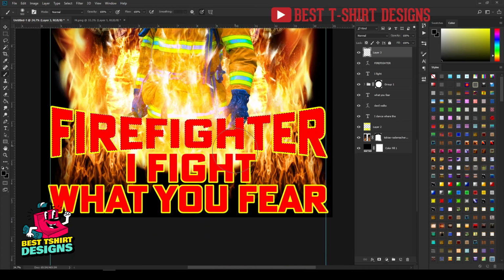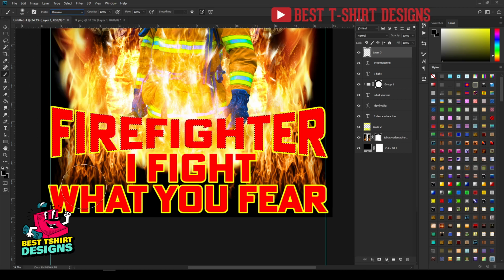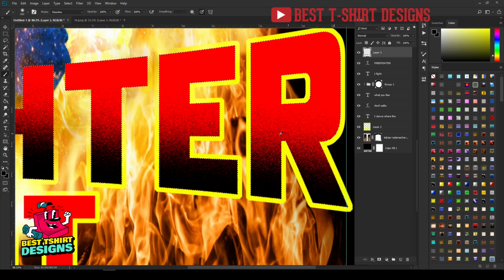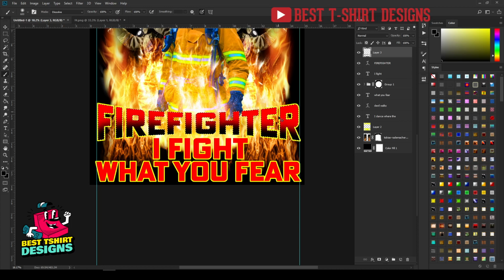So I'm taking my brush tool. Now I'm taking it black, and here I need to change the blending mode to dissolve, and then if I brush like this, okay, that is too much, like a bit bigger size of my brush. Let's make it smaller, and then you can see I can add some texture to my design, to my text, and it is really cool looking, grunge looking texture here. So that is fine. Let's press Ctrl D.